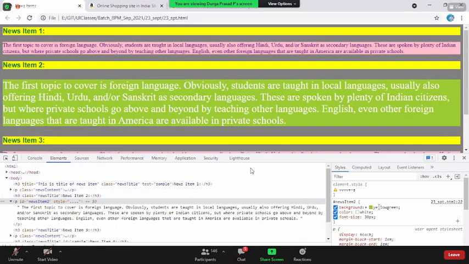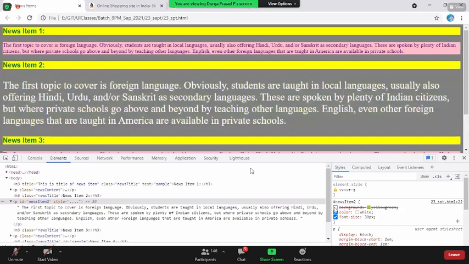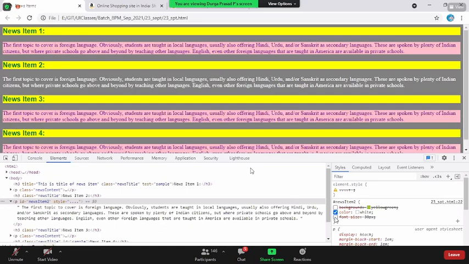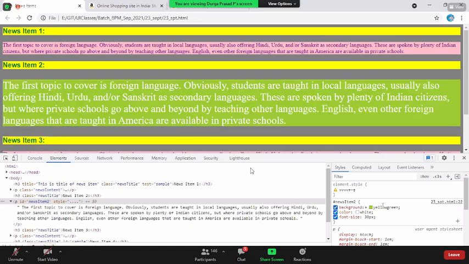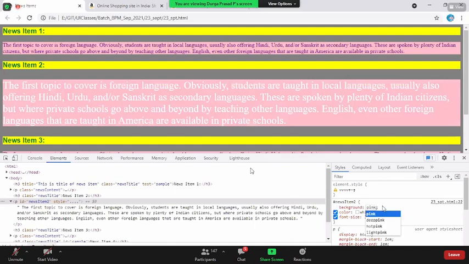Now, if you see, this is the paragraph tag what I have. I can see at the right side, background color and font size have been applied. Whenever I'm mouse hovering on the elements, a simple checkbox is coming. If I uncheck it, see on the top, it is getting applied directly. When I remove this, see, automatically getting applied. When I check this, this is what you're getting. Now I will apply the yellow. Now if you double click on this, that will automatically become editable. Now I say something called pink color.